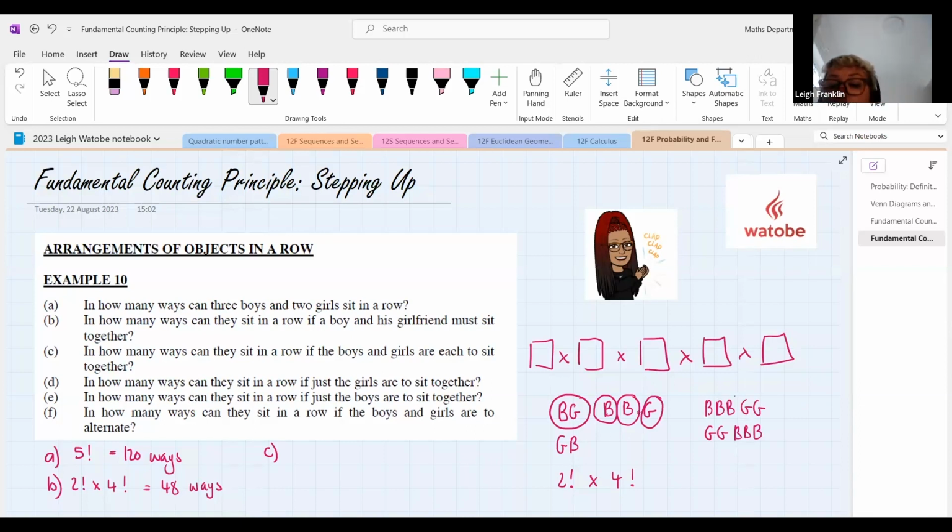All right, so all the boys have to be together and the girls have to be together. So when the boys are together, there are 3 factorial ways that the boys can sit with each other. There are 2 factorial ways in which the girls can sit with each other. And then there are another 2 factorial ways in which they can sit. So it's either boy, boy, boy, girl, girl, or girl, girl, boy, boy, boy. All right, so that would be 3 factorial by 2 factorial by 2 factorial, which I think is the same